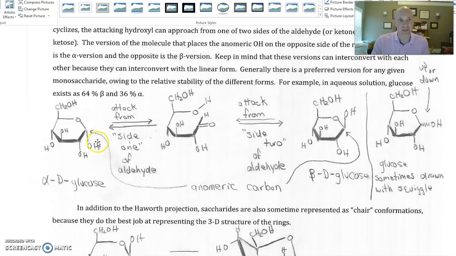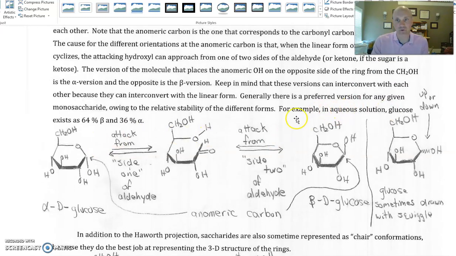So if you were to measure that for glucose in aqueous solution, of that 6-membered ring variety, 64% of it is going to want to be in this beta variety, and 36% of it is going to be in that alpha variety. And again, those two versions can interconvert between each other because the cyclic form can open back up